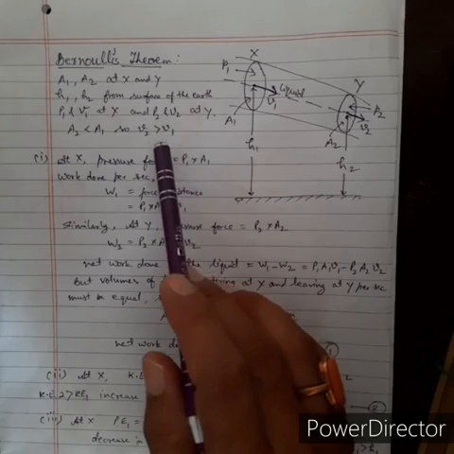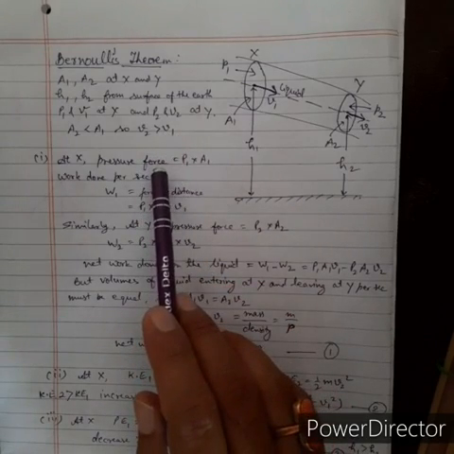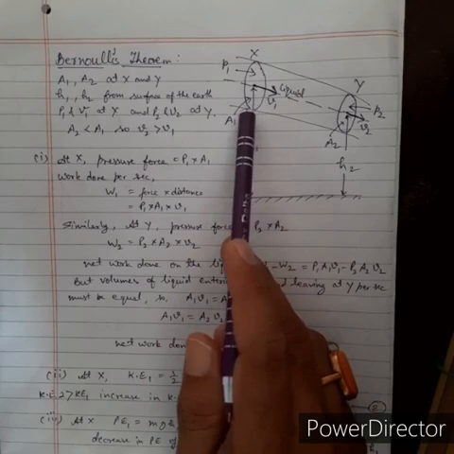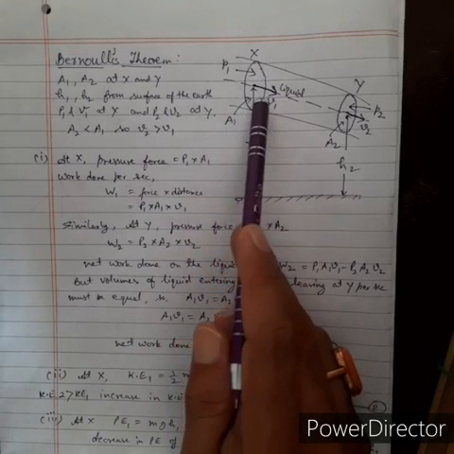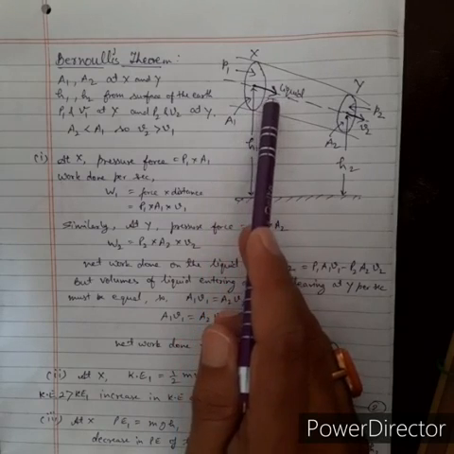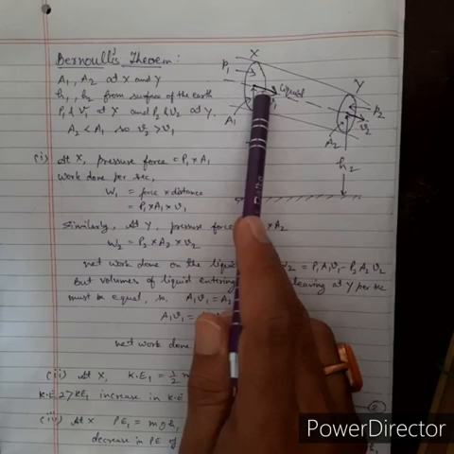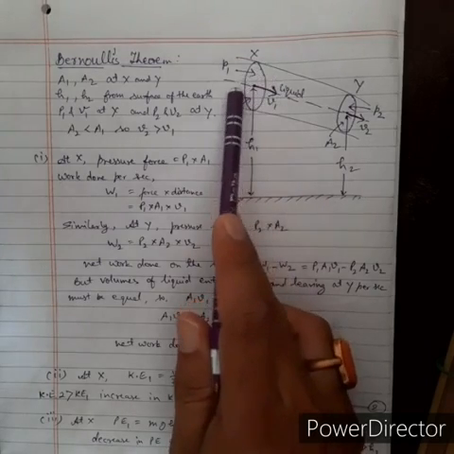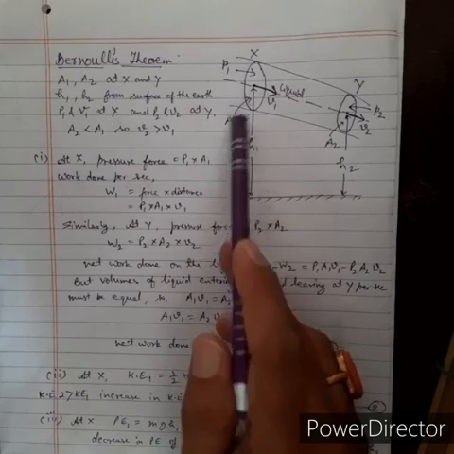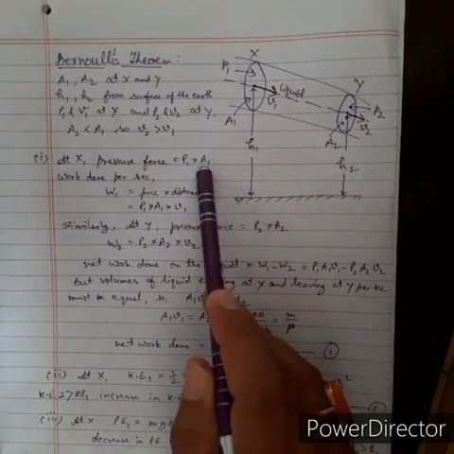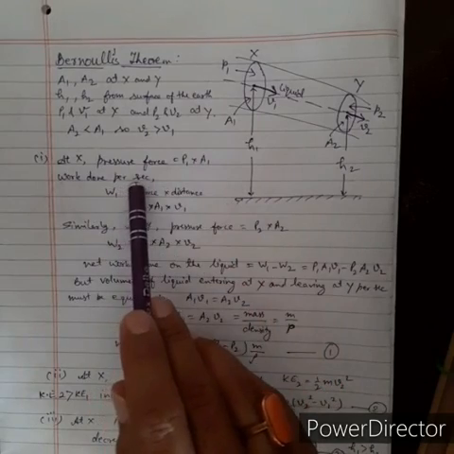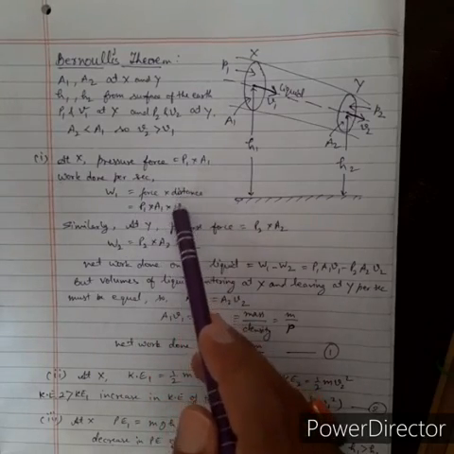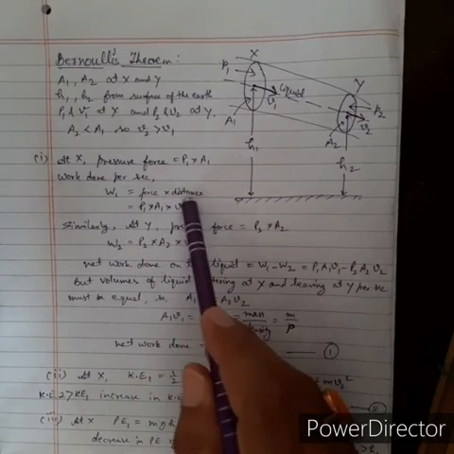Okay students, now at point x, the liquid which enters through this point has velocity v1. I am going to calculate the work done per second. Velocity is equal to distance upon time. Time is 1 second, so in 1 second the liquid will cover the distance v1. The pressure force acting on this point is P1 into A1. The work done per second is force into distance: the pressure force is P1 A1, and the distance per second is v1.